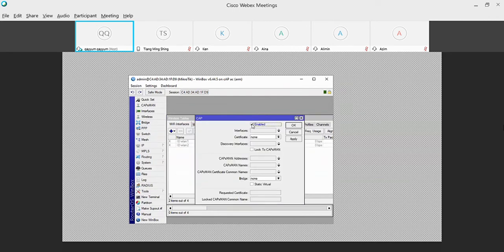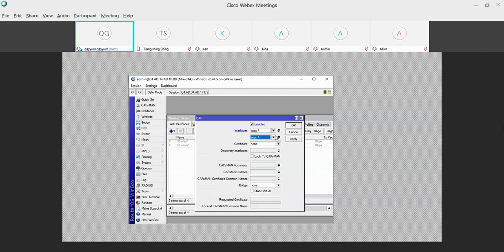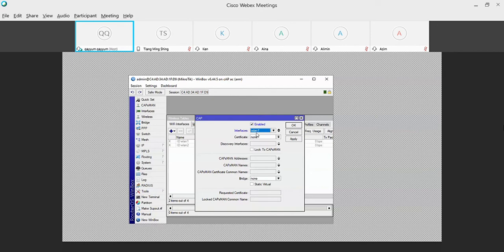Then you select the interface that you want the CAPsMAN manager to control for your SSID. If you want WLAN1, you select WLAN1. If you want both, you can add both. For example, I just want WLAN1 controlled by the CAPsMAN manager.